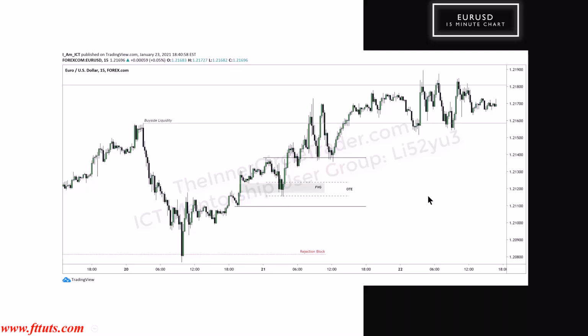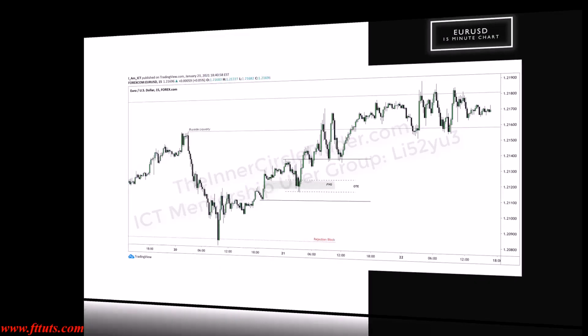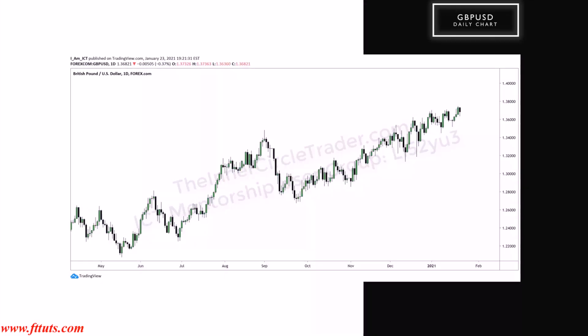And now we're going to run into cable. All right, again, I'm not going to spend too much time with this one. I anticipated this to continue higher, but before we show the annotations, pause the video if you're not ready. All right, so I want you to go into your own weekly chart and find this weekly fair value gap. That's obviously pretty easy to see using these prices here, and you'll see it right away on the weekly chart. I think that the cable market, if we do get a weaker dollar, cable will probably want to press up into that weekly fair value gap.